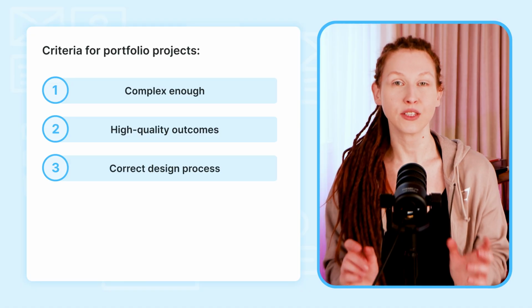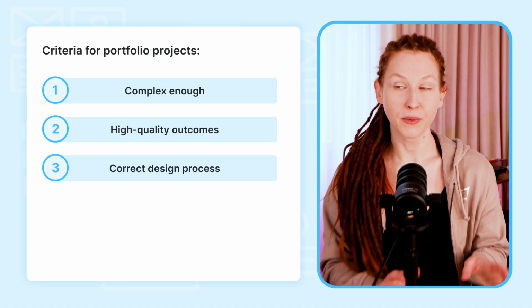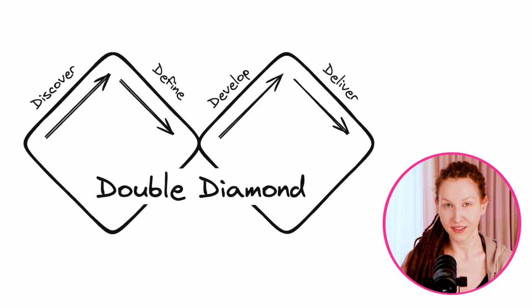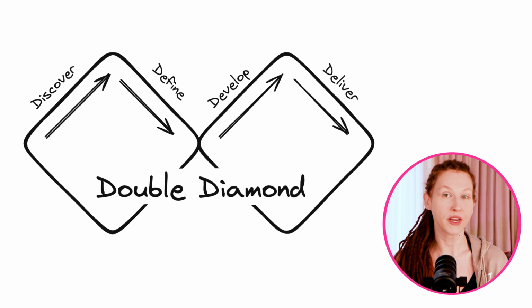The next criteria is following the correct design process. So basically all your projects need to go through all of the phases of the double diamond model, or almost all of the phases. So you need to start with some exploration, then do some research, then formulate the problems, go through low and high fidelity explorations, then do some usability testing, then work with data, etc. So it doesn't have to be perfect, like perfectly executed design process. We can fix it here and there, and we will talk about it in day 5, but it needs to